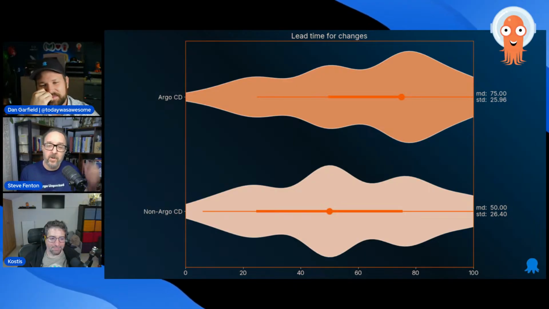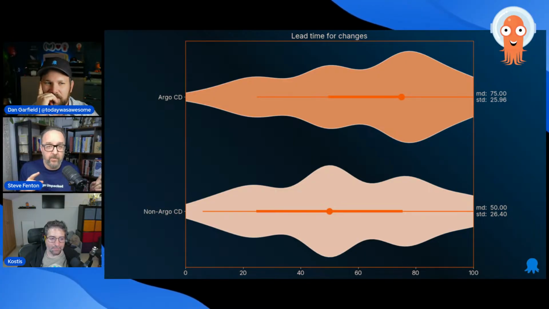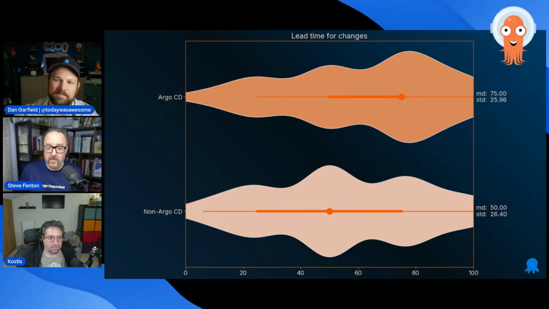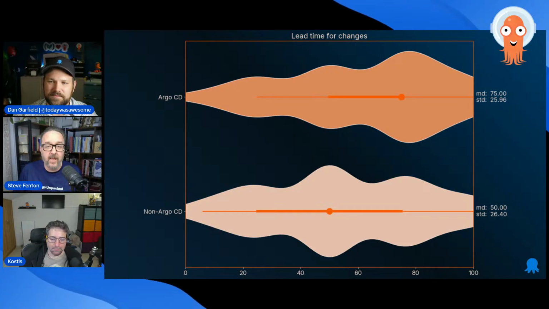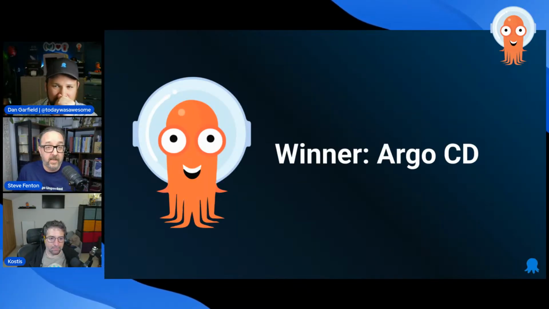Yeah, exactly. And I've arranged all of the charts so that you basically get more points for doing the right thing. You could do it so that the charts represent the concept, but then it gets confusing when you're wondering which side is the side I want to be on. So on these ones, you always want to move to the right on these scores. So this is another case where Argo CD is very much a winner,